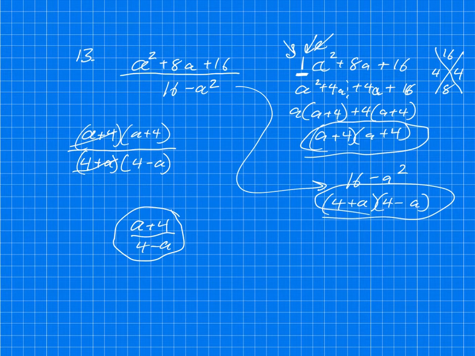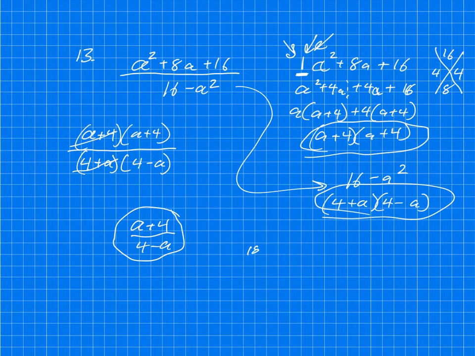Okay, I'm going to hope that you didn't get tricked on number 18. It made you think, if you're not careful, it gave you the impression that you might have been able to cancel the binomial on the top with the binomial on the bottom. But remember, we can only cancel factors, and those are not factors the way they were set up. So the answer to number 18 is actually 5C